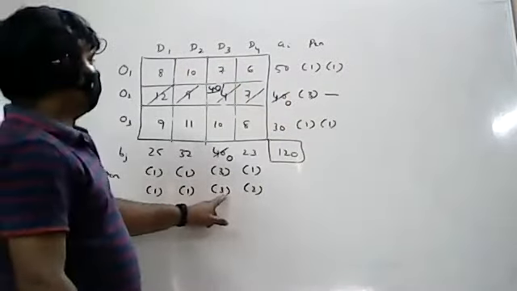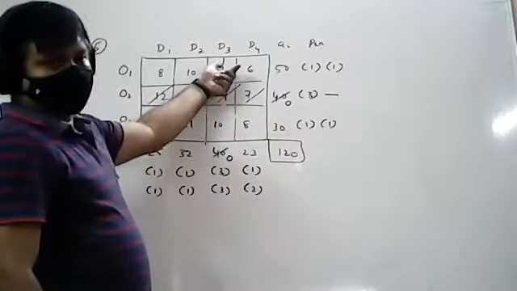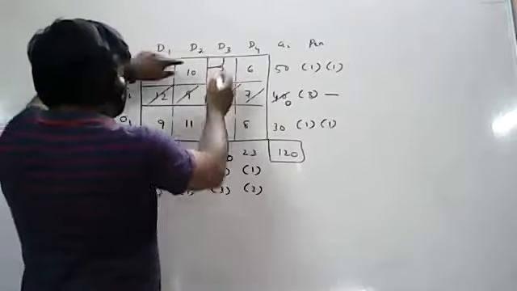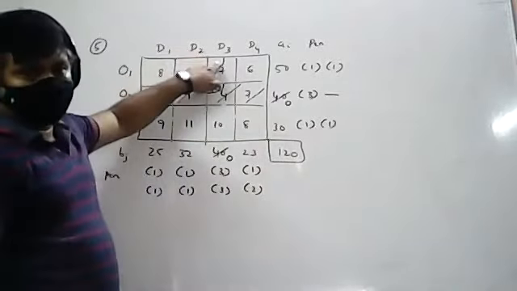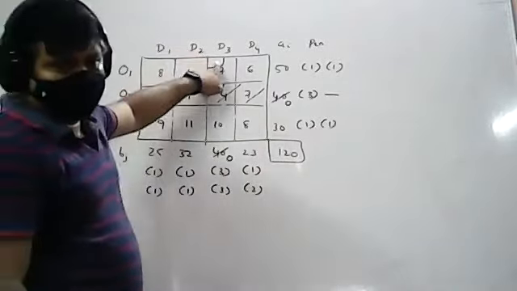50, 0. 50, 0 means 0 is allocated. So what is that? You don't have any value. 0 means indirectly you can write 0, but 0 is nothing but no value. That means this is an unoccupied cell only, because already you know the MODI method. So if 0 is there, that will be treated as an unoccupied cell.